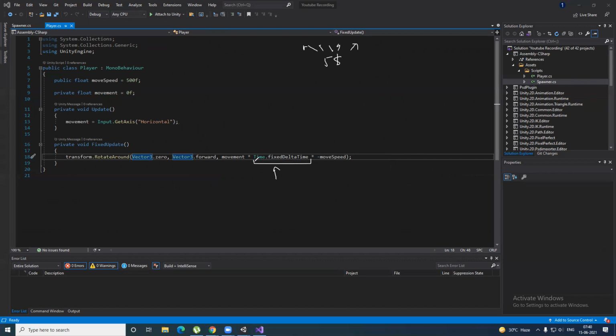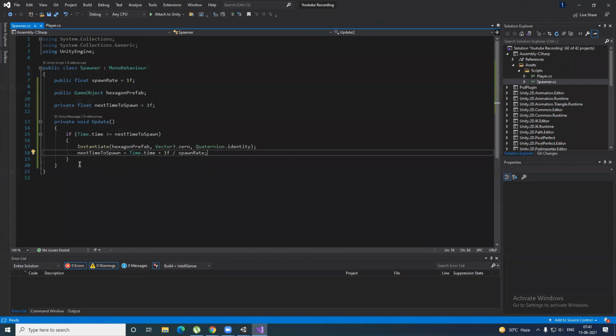Irrespective of the type of VC, this time dot fixed delta time will fix up my update cycle so that it runs smoothly and constantly on every frame, on every PC, which has different frame values, right? Now this is being multiplied by the negative move speed. So for every frame, let's suppose this value for every PC gives us 20, right? And our move speed is, let's say, 10. So this is gonna give 200 in each PC, irrespective of the specifications, either it's a high-end PC or a low-end PC. So this is what is going on here, and that's how we're able to move.